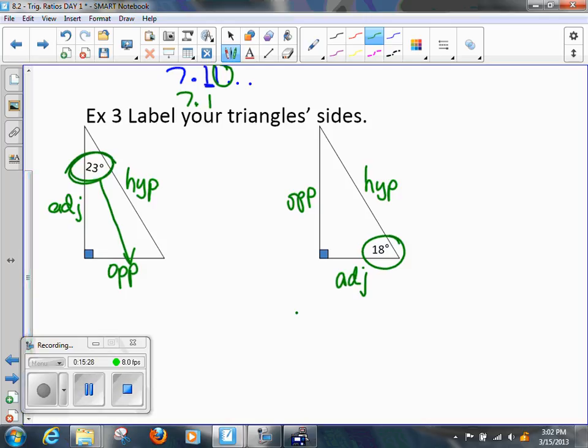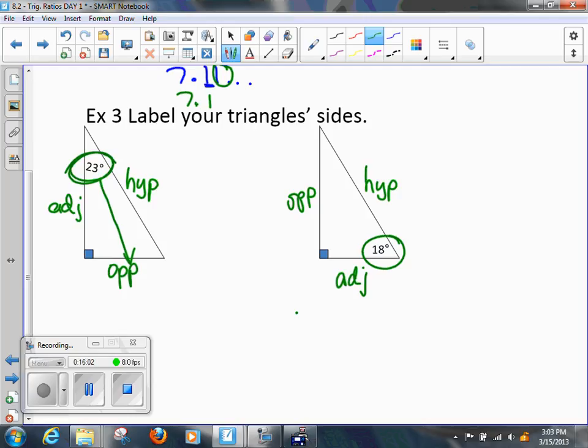How come? Did you circle your angle? If you circle your angle, you know your hypotenuse is across from the right angle, correct? You know that. That's a given. I don't know how to choose which one is opposite. Okay. Imagine yourself in this corner right here with the 23-degree angle. If you are shooting a bow and arrow, if you're shooting a gun, if you're throwing ninja stars, if you're kicking a kickball, if you're throwing a football,